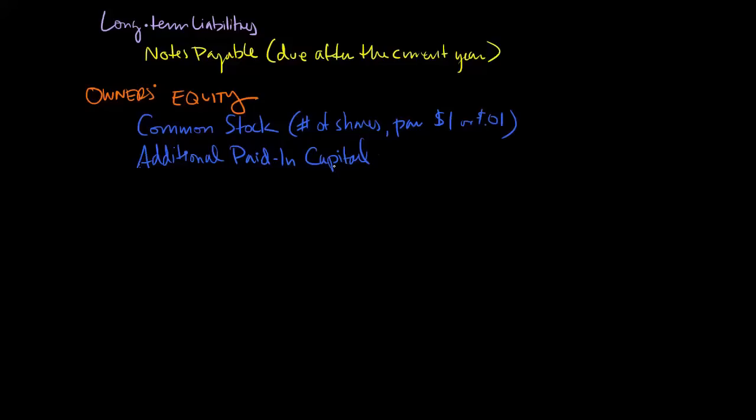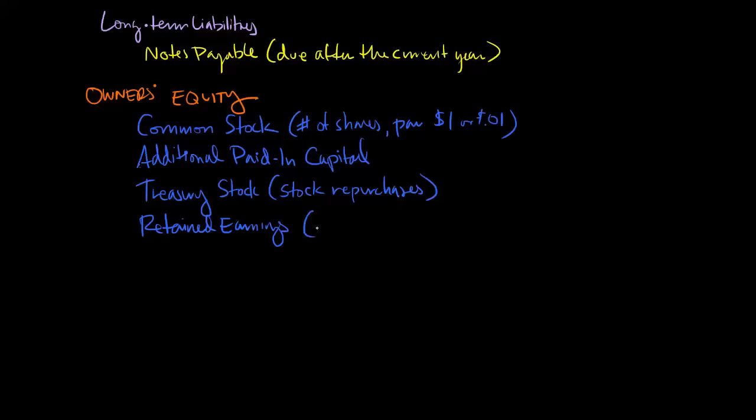So that additional paid-in capital is recorded here. We also have treasury stock, which is stock that the company has repurchased from their investors. And finally, we have retained earnings, which is our accumulation of net income